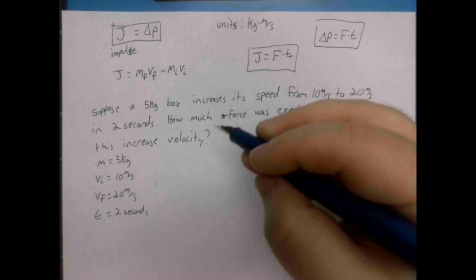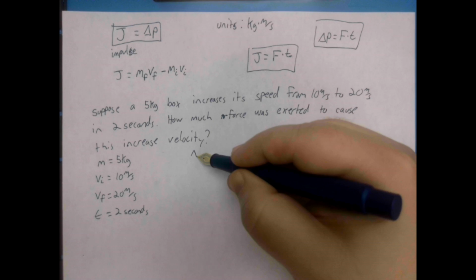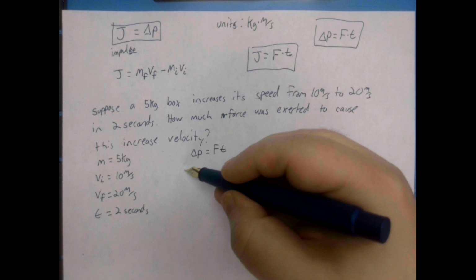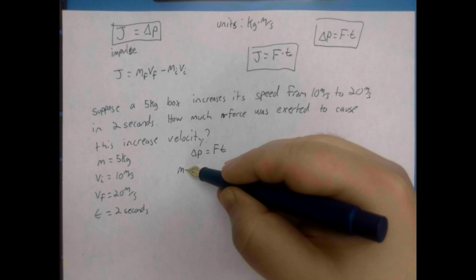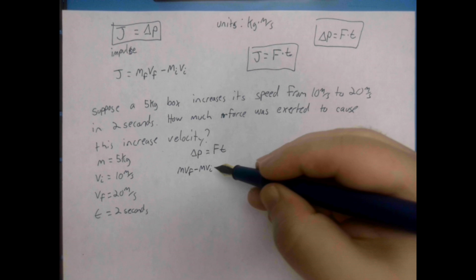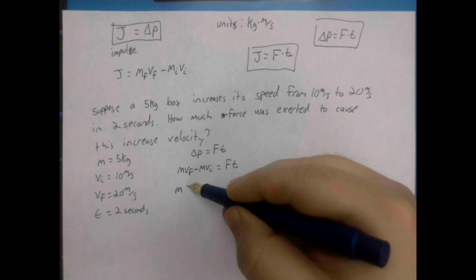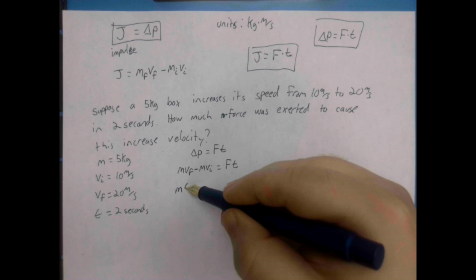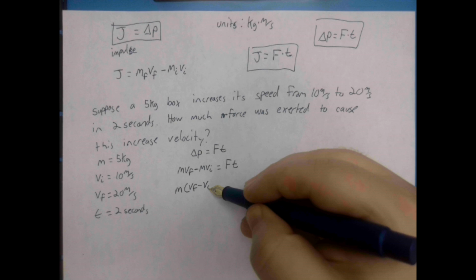So change in momentum equals force times time. That would be mass times final velocity minus mass times initial velocity, equal to force times time. Because the mass doesn't change, we can factor that out: mass times the change in velocity